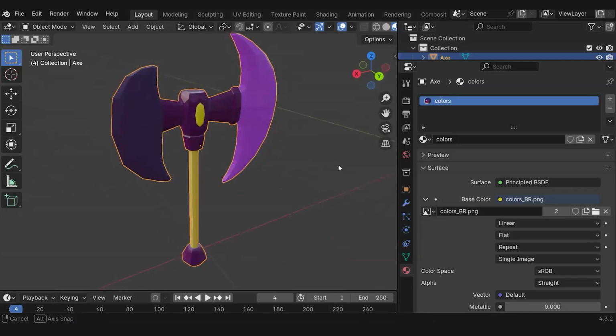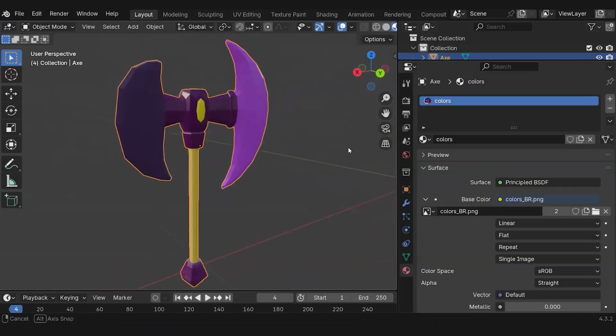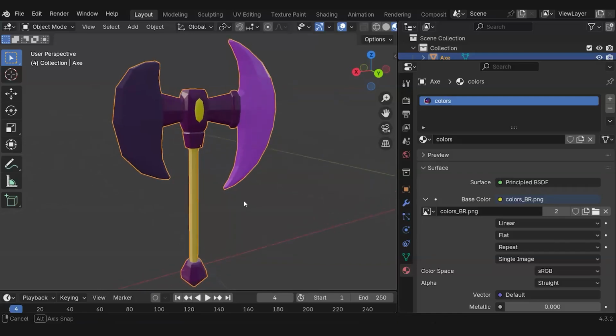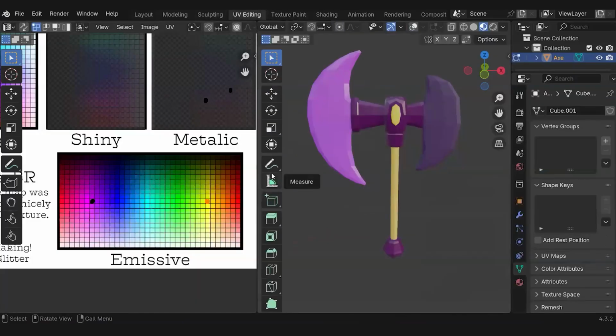So for this texture itself, it's already set up for you. This one in particular, I've set it up so that if you wanted to just import it, you just can. You don't need to resave the textures. But actually, that's a good point. Let's say you did receive a model that has the texture packed in with it. If you wanted to extract the texture from the model itself, you go to texture. Actually, no, you go to UV editing.